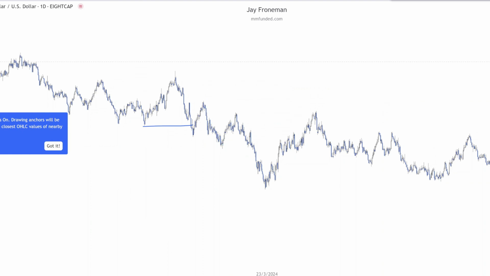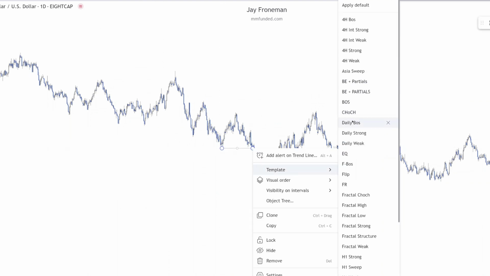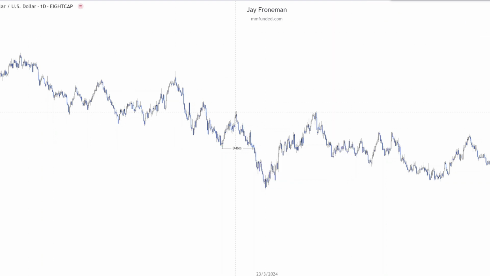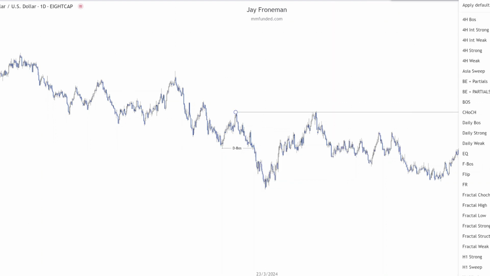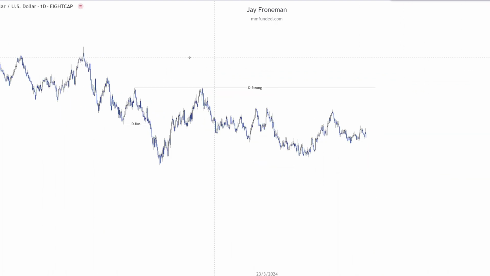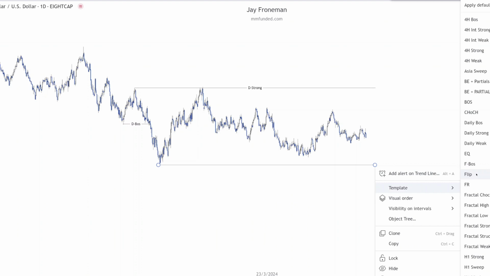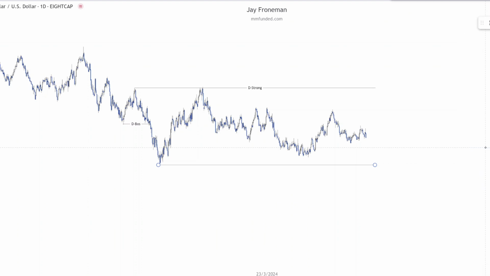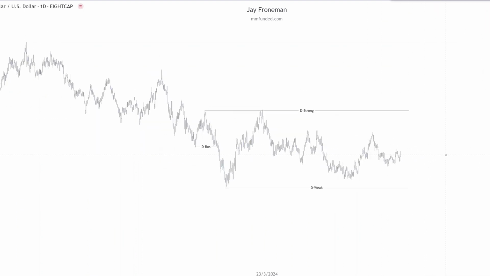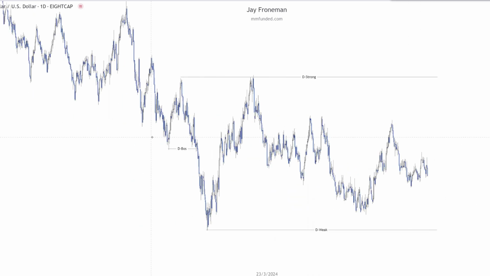Okay, we can go and mark this out more formally. Previous daily break of structure to the downside, current strong high. We can mark that out as our daily strong high and our current daily weak low. So without even looking at the lower time frames, we know that once the internals start to realign bearish, there will be very good probability that we're going to continue short to target our daily weak lows. All right, previous daily break of structure, pullback into